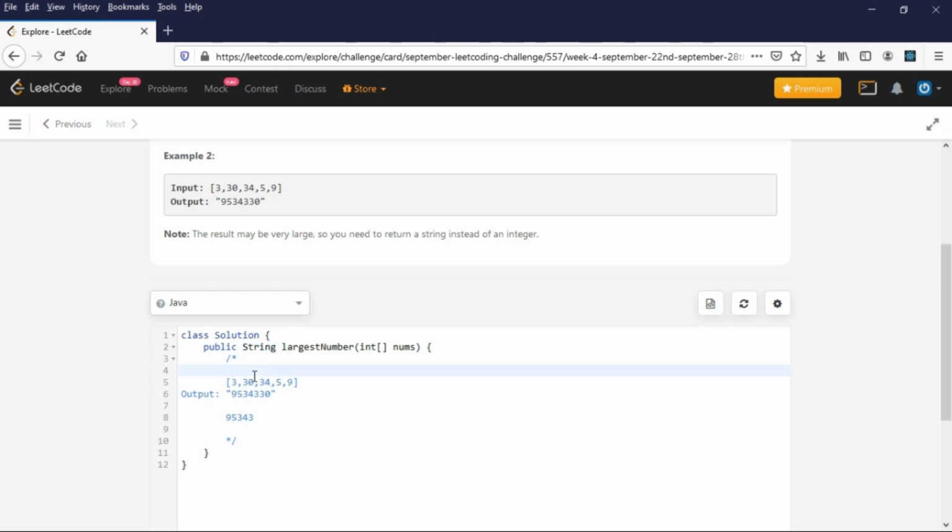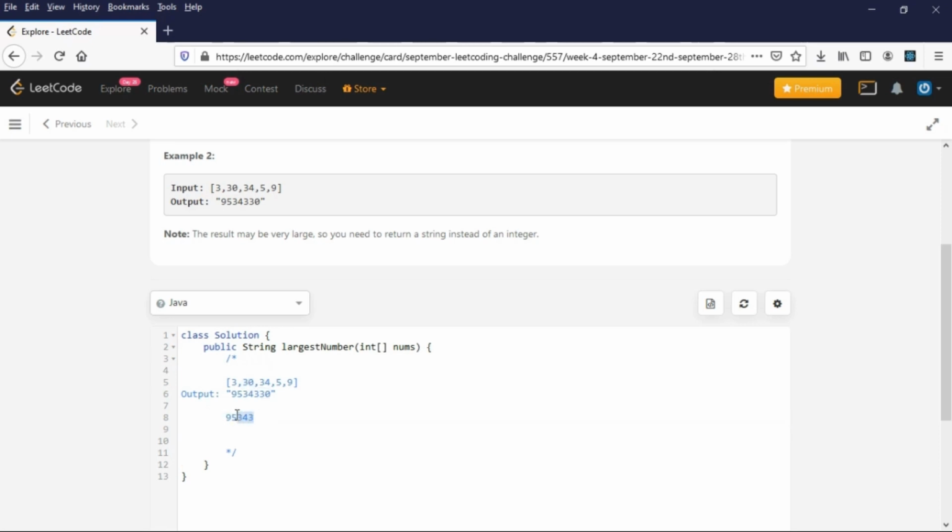So basically what we are saying is we can convert this nums into a string array, because at the end we have to return a string. Even in string comparison, if you are comparing 30 with 34 as strings, lexicographically we can check if it is in descending or ascending order. So that will work for strings as well. For example, if you have folders in numerical form on your Windows or Mac machines and you sort by folder name, 10, 20, 30, it will still be in lexicographically sorted order. So we can still treat this as a string.